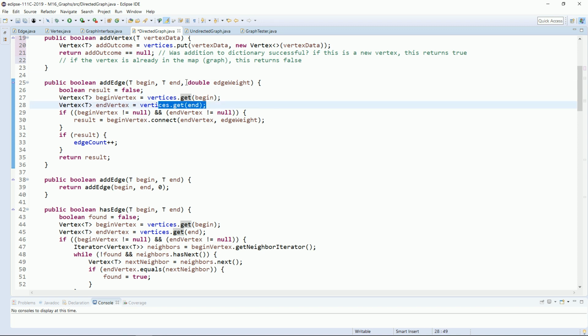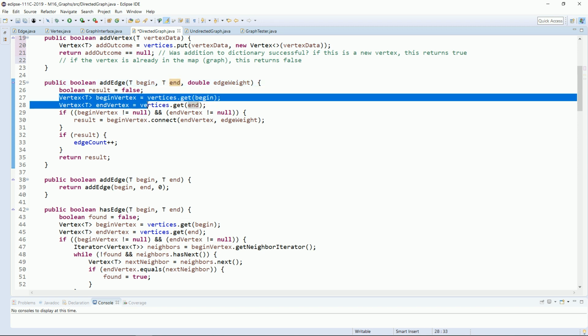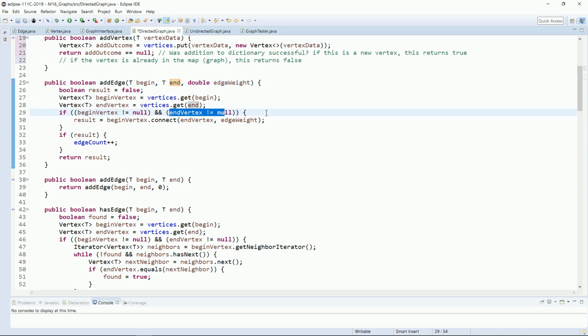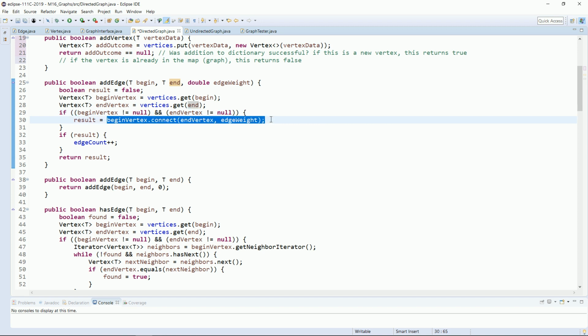We ask for the vertex that has that particular ending data. That'll give us back two vertex objects. We check to make sure they're not null. So these would be null if they didn't exist in the graph. So if our graph has A, B, C, D vertices and someone tries to add an edge from B to E, E is going to be null, and so we don't want to add that edge, and so this will fail. So here we just make sure they're both not null, and then we just invoke that connect method,